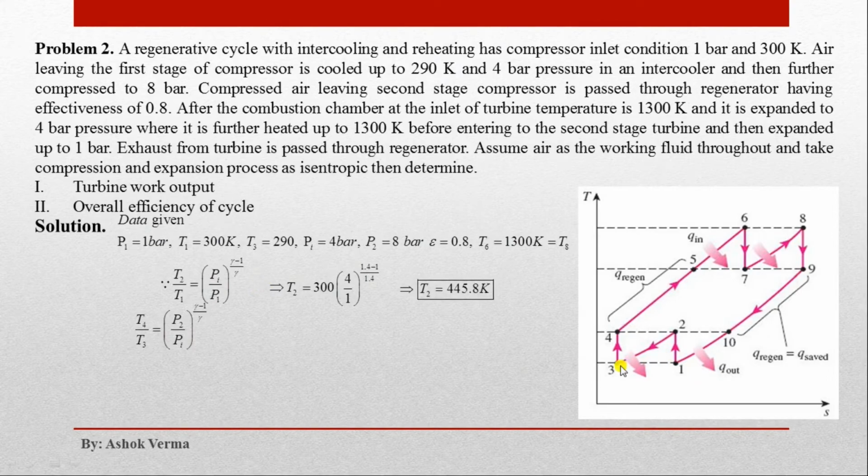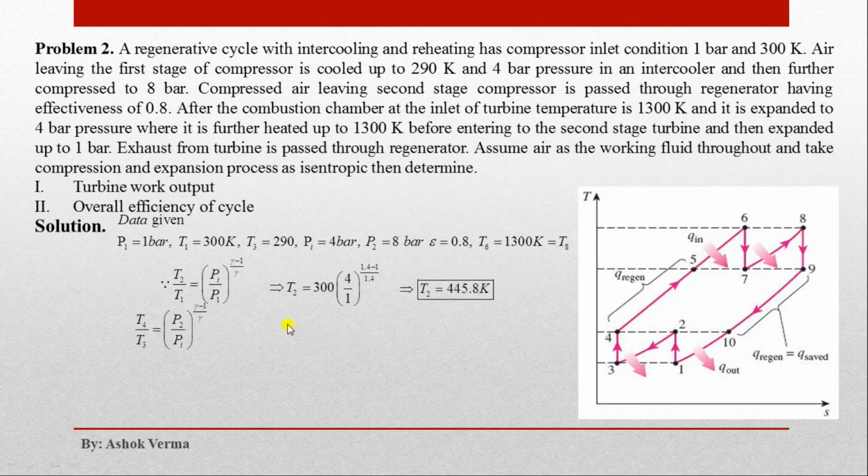And you have T3. So you can calculate T4 because you know PI and you know this P2. So T4 by T3 will be equal to the P2. This one is the P1, this is the PI and this is the P2. There are 3 pressures: the initial pressure P1, intermediate pressure PI and final pressure, that is P2. So T4 by T3 means this process is from intermediate pressure to the final pressure. So T3 by T4 will be equal to PI by P2 to the power gamma minus 1 by gamma.